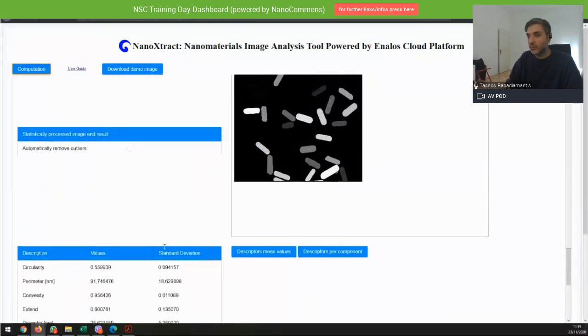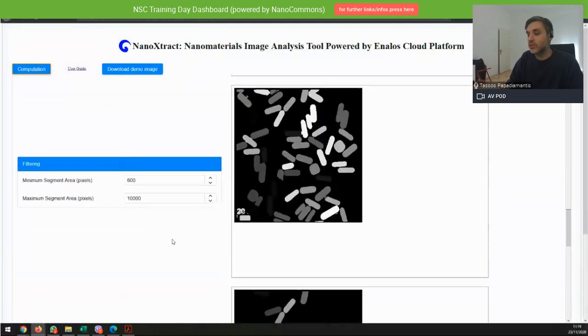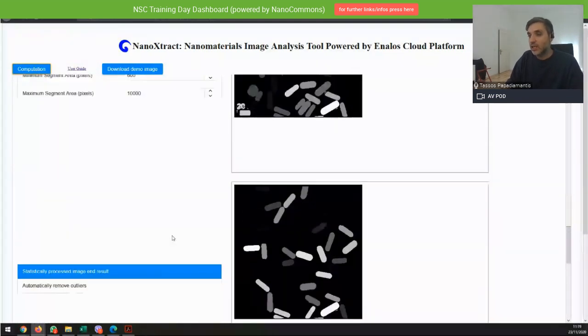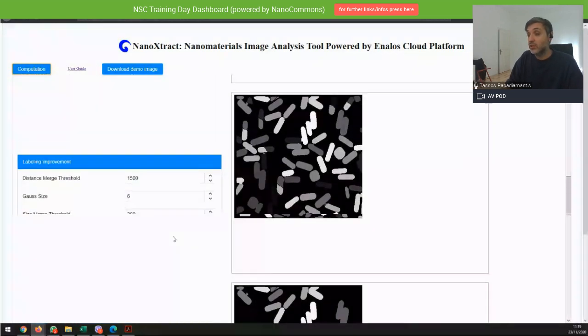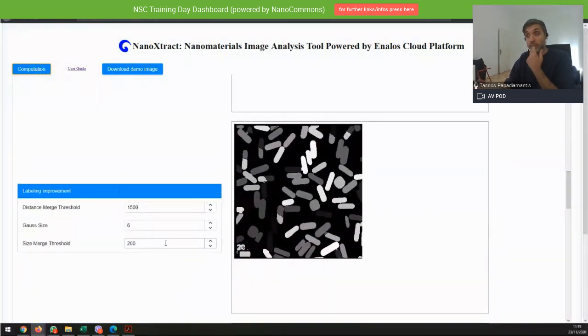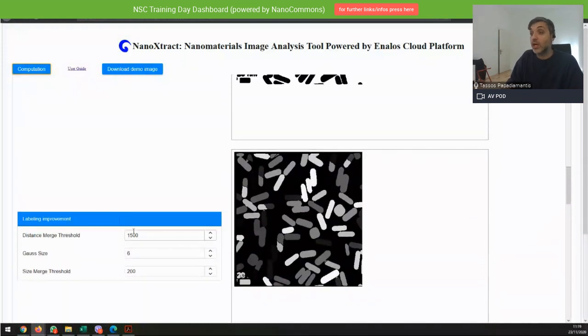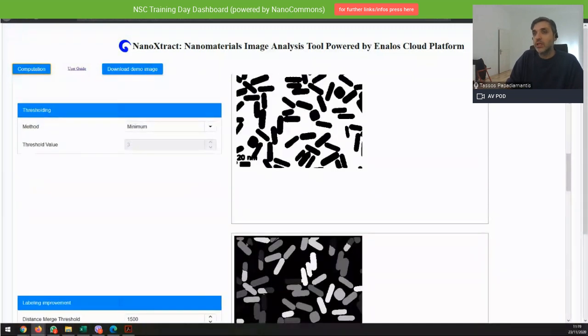And then you're free to play. I'm sure that you can play better and make it slightly better if you want. So the images are uploaded so you can play with them. But more or less, this is the process on how you actually deal with rod-shaped nanomaterials.